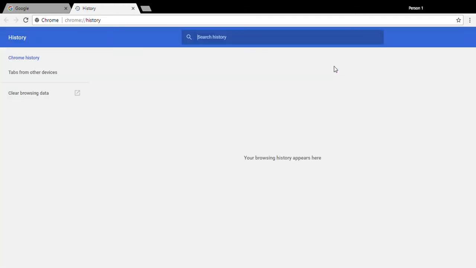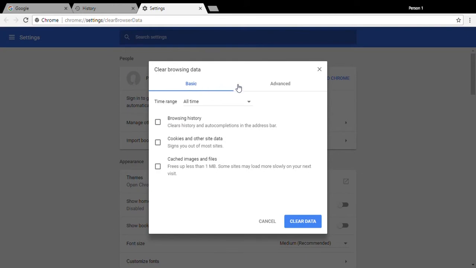Normally you'll see any website you recently visited within the past year, that is, if you've never cleaned your history before. To do so, just click Clear Browsing Data and a second menu will pop up. Here you will see different items.